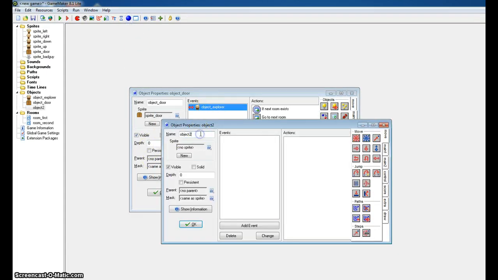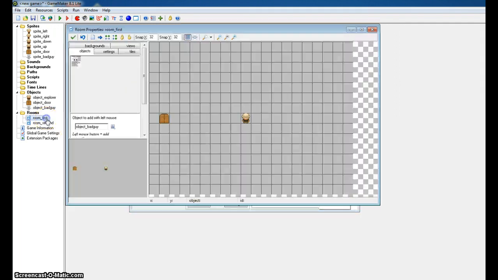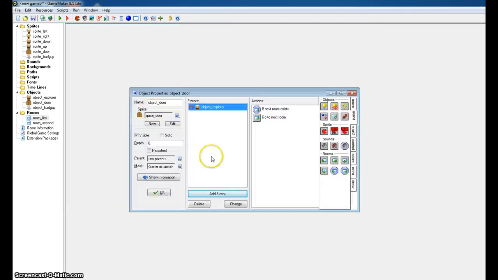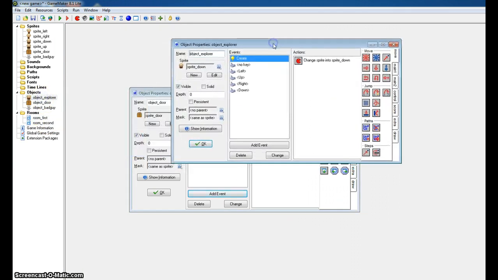We need to make an object, so it's object bad guy, and assign the sprite. Okay. And so we don't forget, we're going to put one of these in the room. Okay? So we have one of whatever object you wanted in that room. Okay? So what we're going to do is we need to open up our Object Explorer,